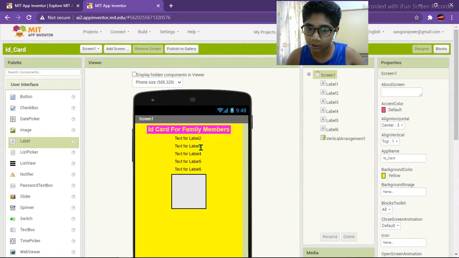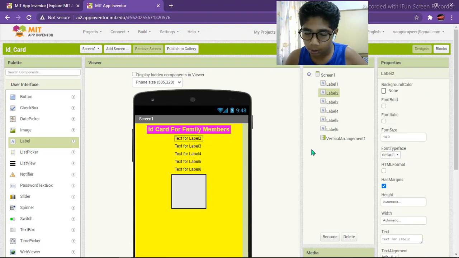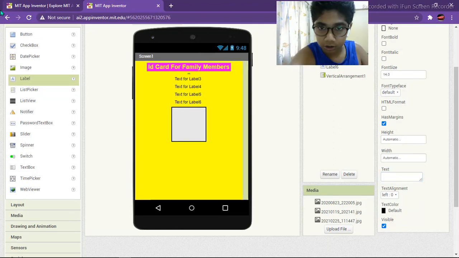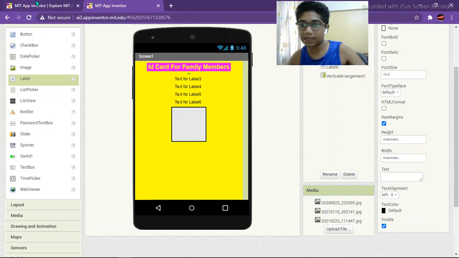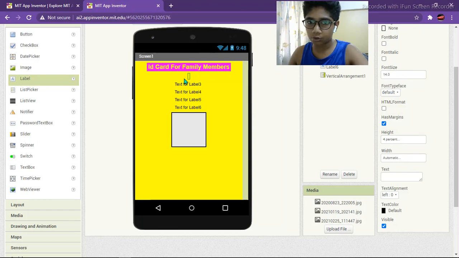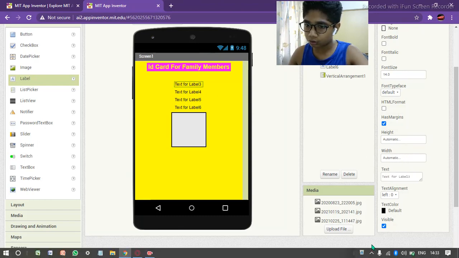So first we need to make this empty. For that, just click on this and set text to blank. Here you can see that it is very tiny and it has almost no size. So we will change its height to 4%. Now it is proper, and do the same for the others also.